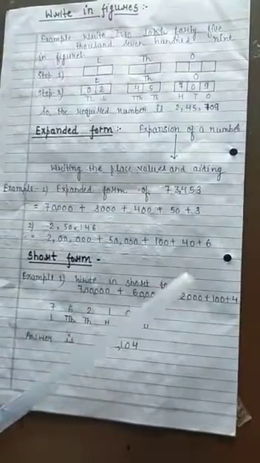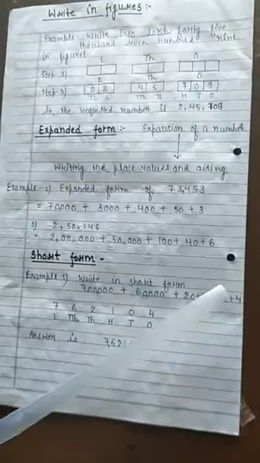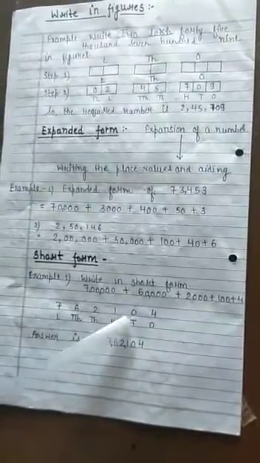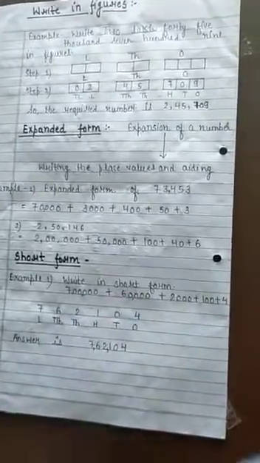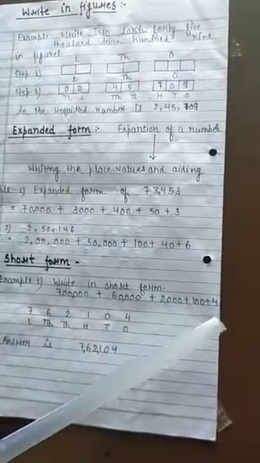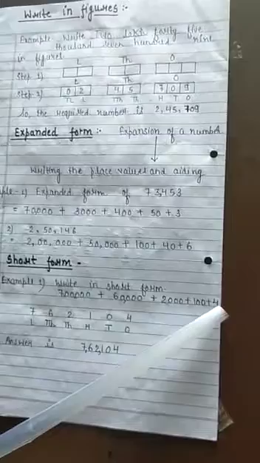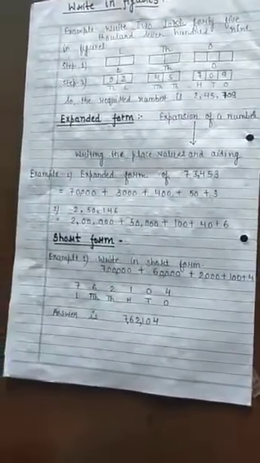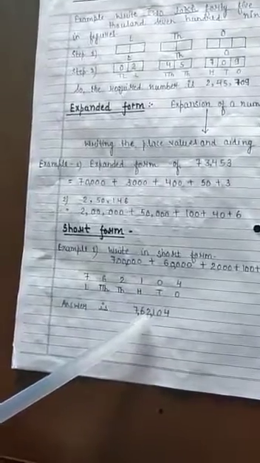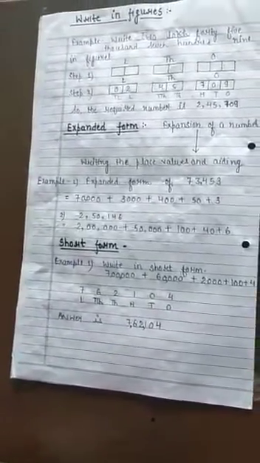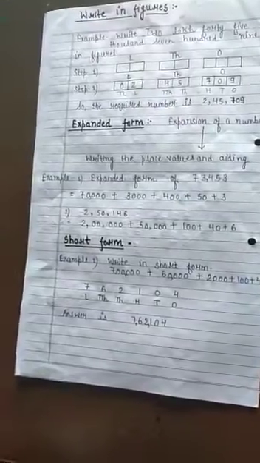Moving further, the place value of 1 is 100. So we will write 1 in the place of 100. Children, see here the tens place is empty. So we will write 0 in the place of tens. And here 4 is in the ones place. So we will write 4 in the ones place. So our required answer is 7,62,104. I hope you enjoyed today's class. Thank you and have a nice day.